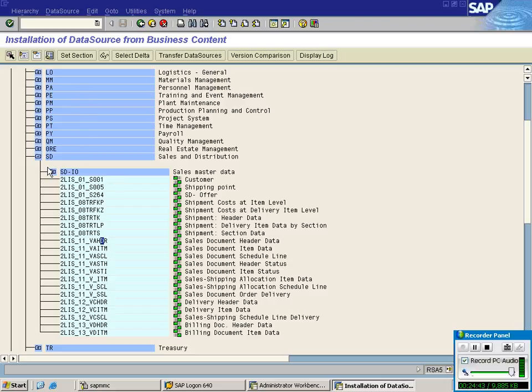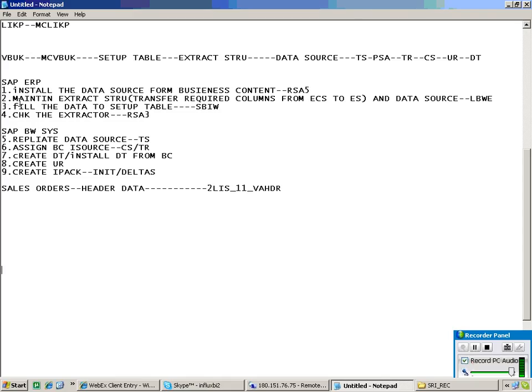If somebody has already used it, that's the reason why it is not giving the request number. What is the next step? The standard extract structure is activated. Now the extract structure has to be customized as per our requirement.